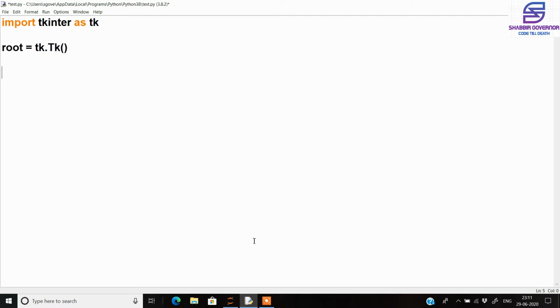After that we need to define the length of the canvas, that was the application that you earlier saw. It had some length and some breadth, so we need to set that first. For that we again create a new object. I write the name of the object as canvas1, and from tkinter we need to call the Canvas module, and inside the Canvas module first we will call the root.